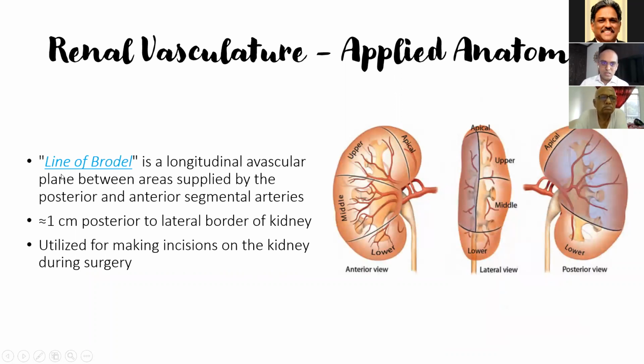Next is the line of Brodel. It is called Brodel's line. Otherwise, it is a longitudinal avascular line between the area supplied by the anterior segmental arteries and the posterior segmental artery. This area is relatively avascular and is utilized for surgery wherein the parenchyma of the kidney has to be